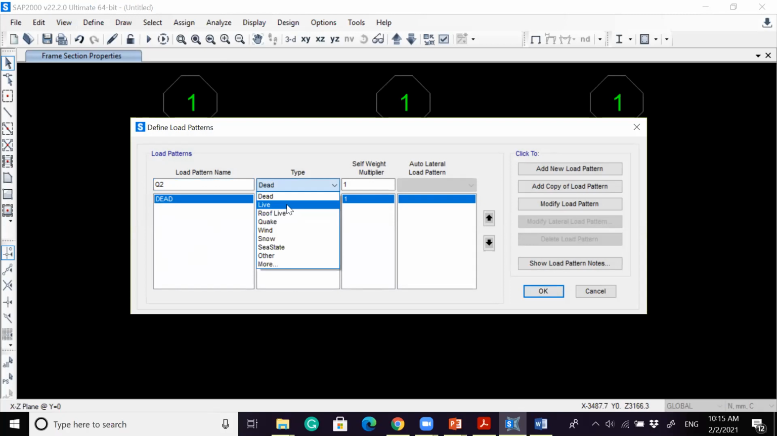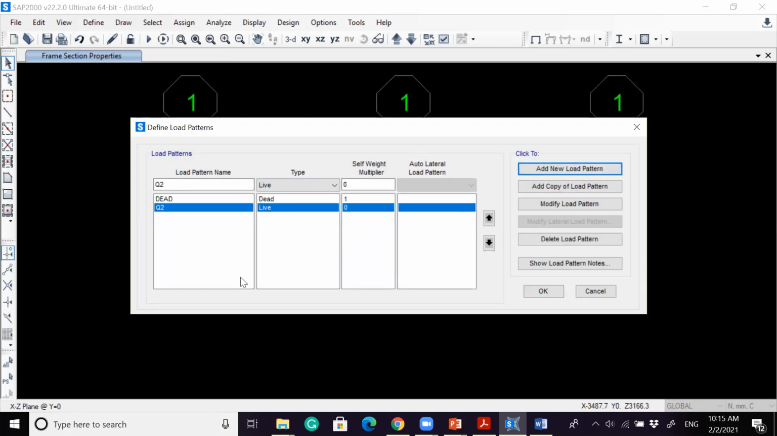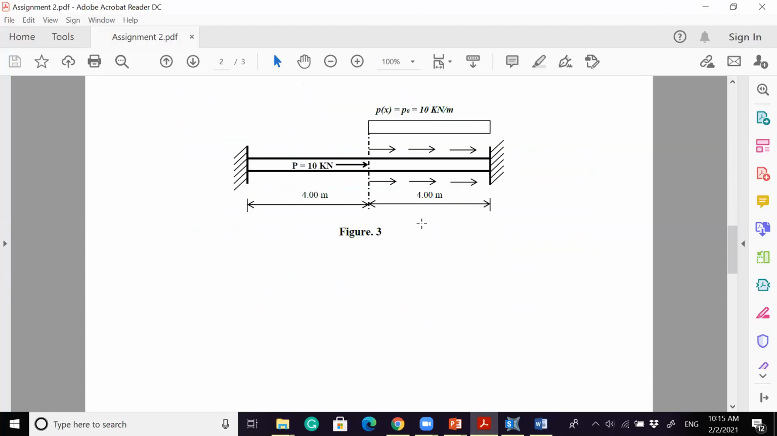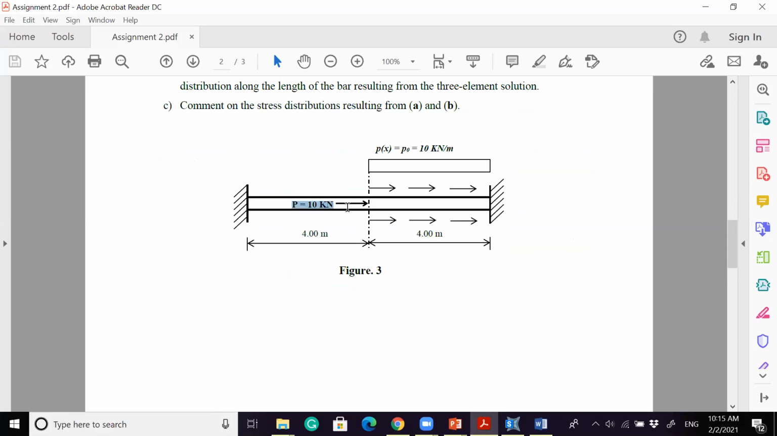And we will use the type as live load, because we don't want any self-weight multiplier. It will be only the loads that we are going to add without any self-load, and add new load pattern. That's it. And then we will highlight the joint that we have here in the middle, because if we go back to the question, we will find that we have a concentrated load added to the mid